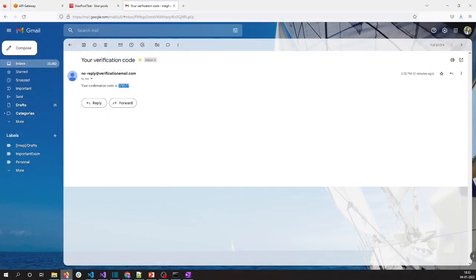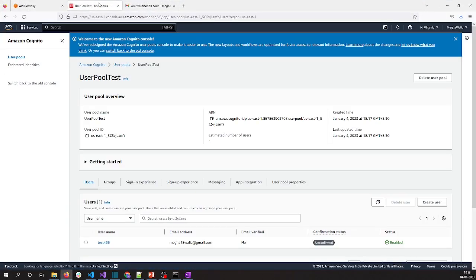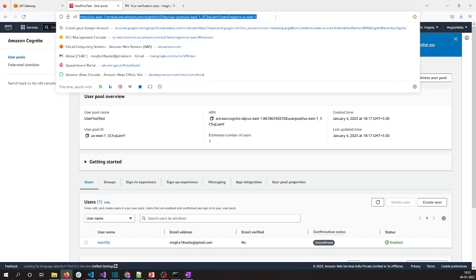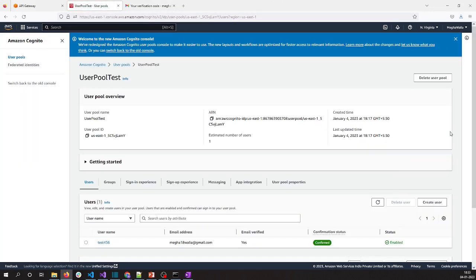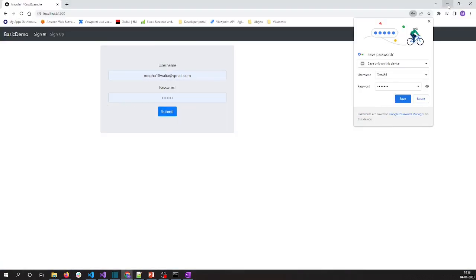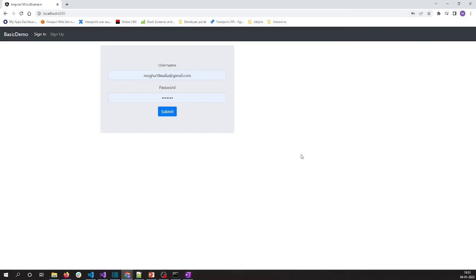Let's check AWS. Let's refresh it. The confirmation status is confirmed. Now this is a valid user. We can use it to sign in, and with sign in we will get the tokens returned. Those tokens can be used to validate the user. So let's sign in with the user